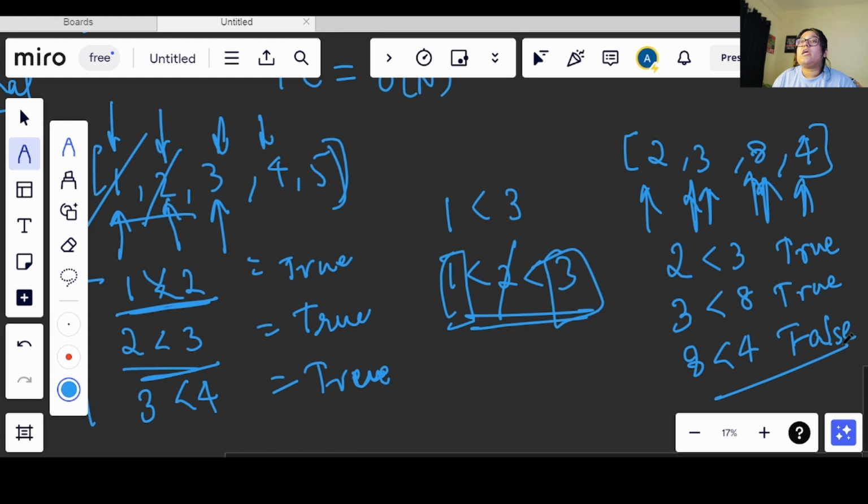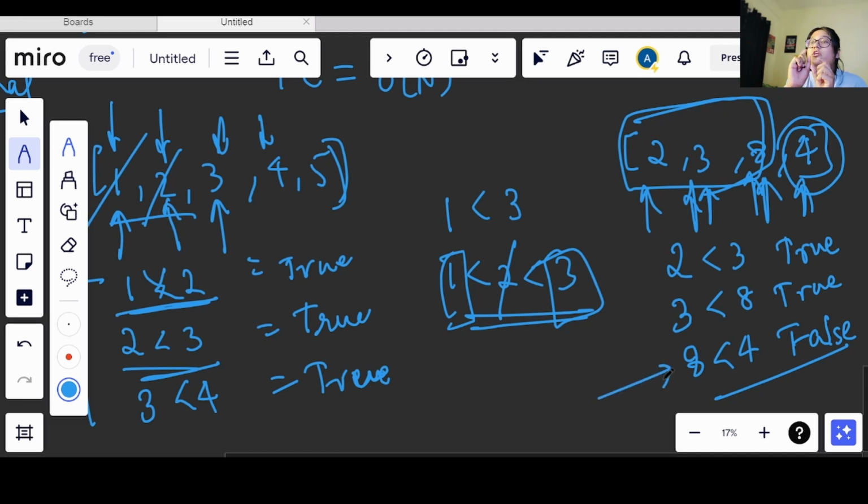So if my array contains a condition where I can get false, I will get such a condition where my value will become false in one iteration only, right? What I am trying to say here is, this part of the array is sorted, right? 2 3 8 are in sorted form, but as soon as I see 4, it becomes unsorted. So for such a condition, when I am comparing only two values, I will get false anyways.